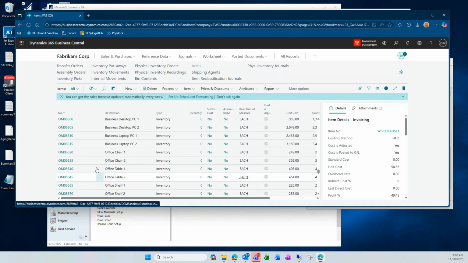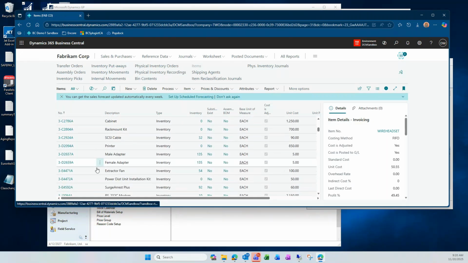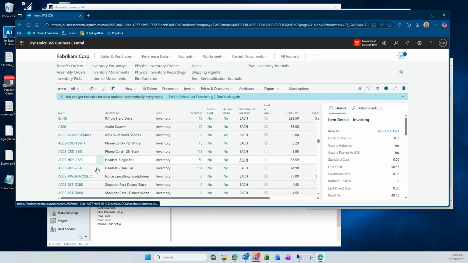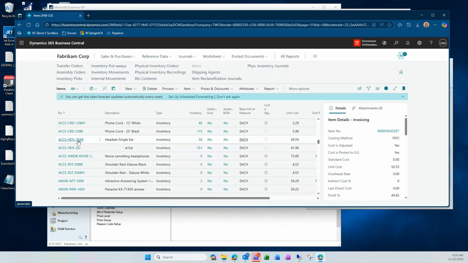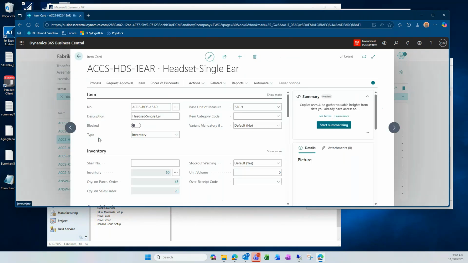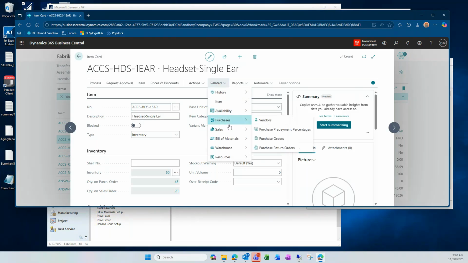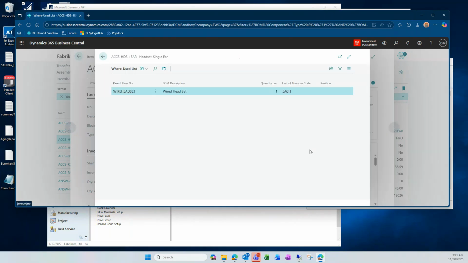So when I look up my item inside here, we'll just go down to my ACCS to 1 ear here, like so. When I go to related and where used, you see that it will give me a list of all the items where it is. This is something you do not get inside GP. So inside GP, I can't tell where I've used it inside my assembly orders by drilling on the item,